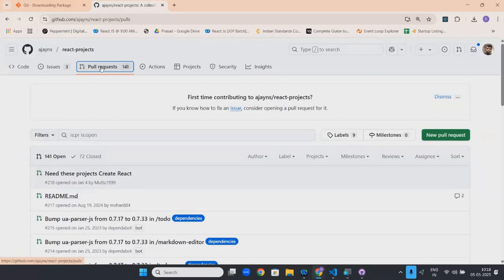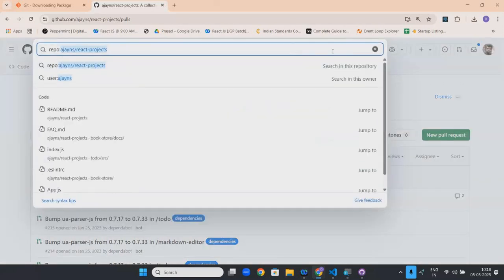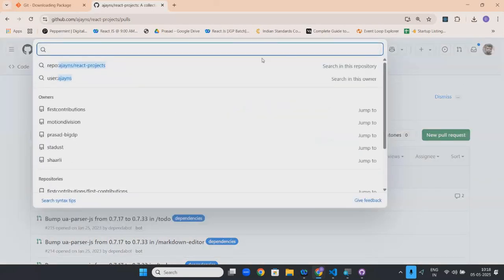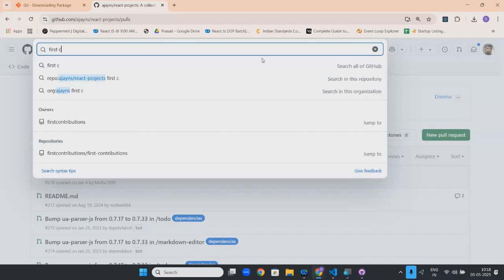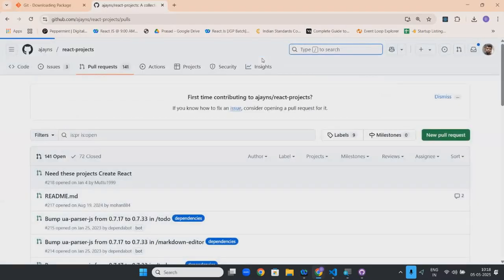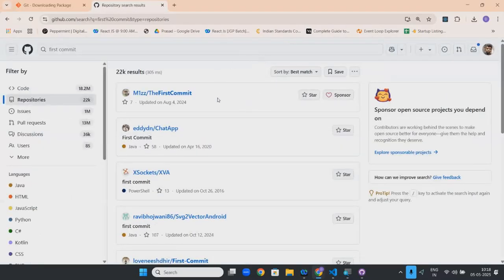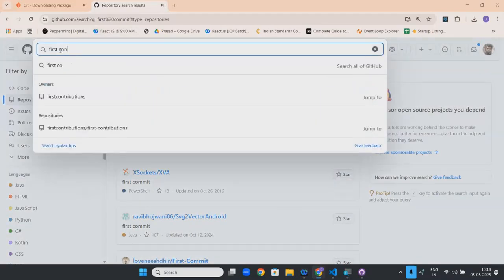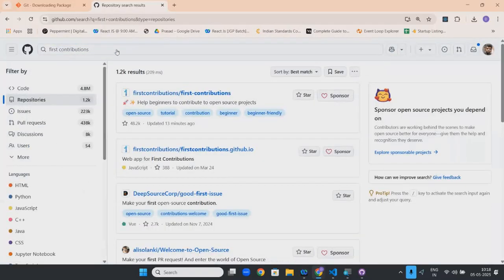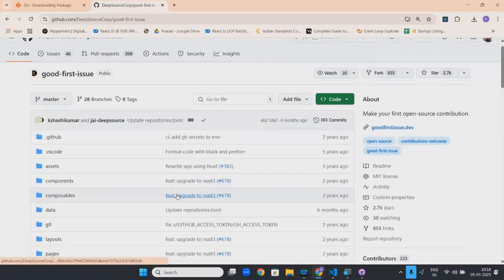Same way, I will go to one website. I will go to one code. First contributions. I got it here. First contribution. Or good first issue, whatever it is.